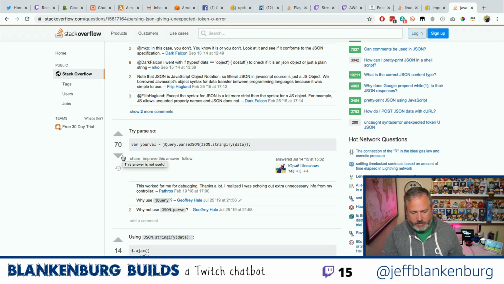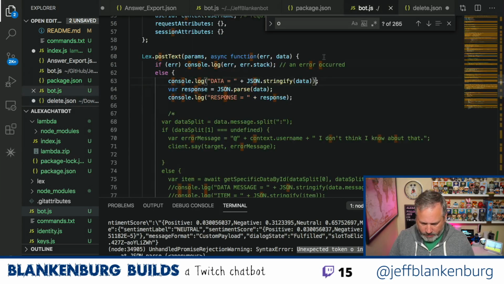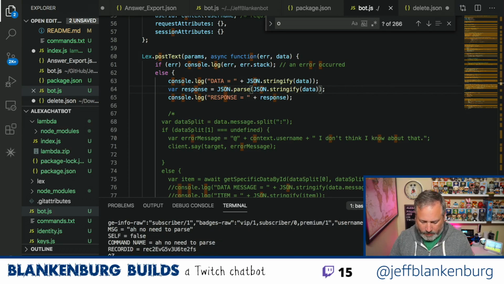It seems like JavaScript might be trying to be too smart for me. That seems like what's happening here. So what if I do this? If I stringify it again, and then parse the stringify, I wonder if that's actually where we're at. So let's stop it and start it.